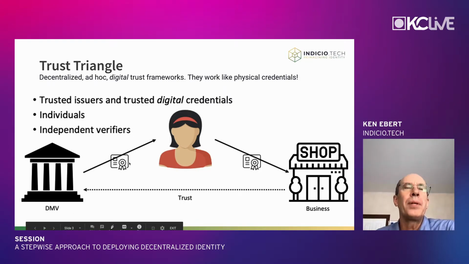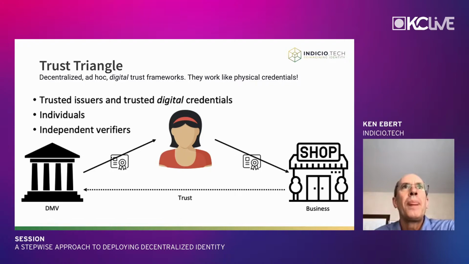Everybody's seen a diagram that looks something like this before, but this talks about the decentralized identity system and how they're comparable to physical credentials. Trusted issuers are the anchor of the system. They're the ones who create and pass the credentials over to an individual who can hold them. The individuals hold their credentials. They determine to whom and where they want to share them, and